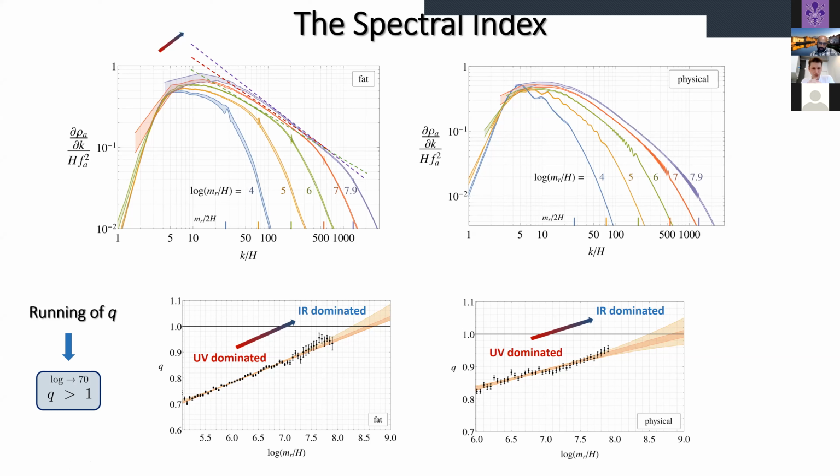So we don't actually need to know the precise value of q at log equals 70, and so we don't need to understand the exact extrapolation of this line. And the fact that q is larger than 1, which is not seen in the simulation but is expected to happen at large log,